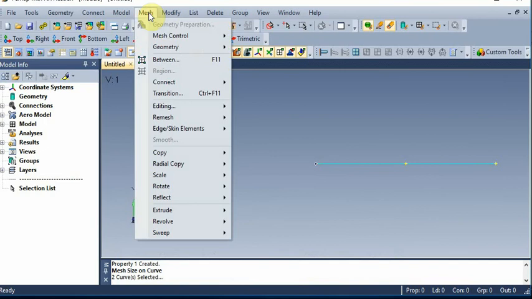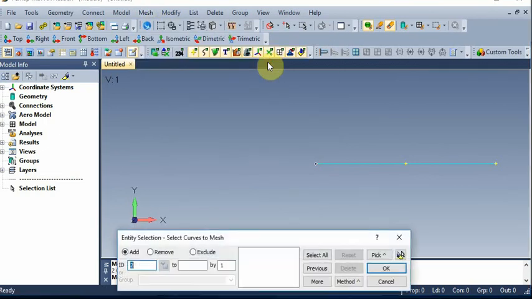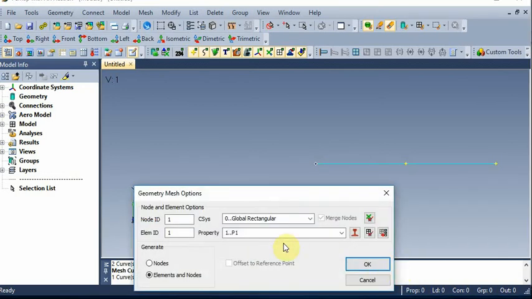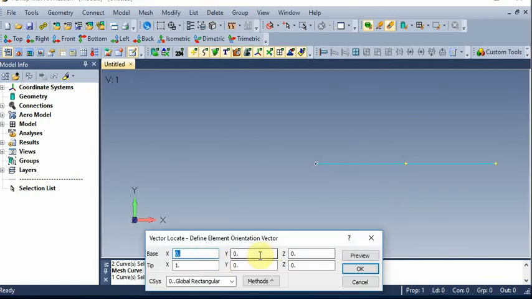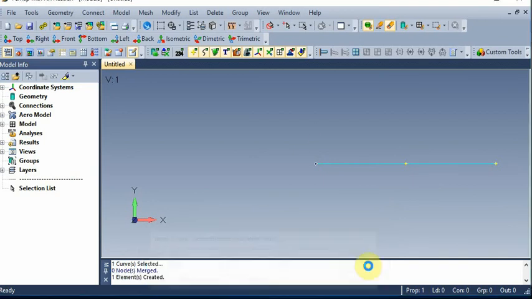Now mesh, geometry, curve, select first element, give OK. So here property is P1, OK. Here everything is 0, this should be 0 and y at the tip is 1, give OK.